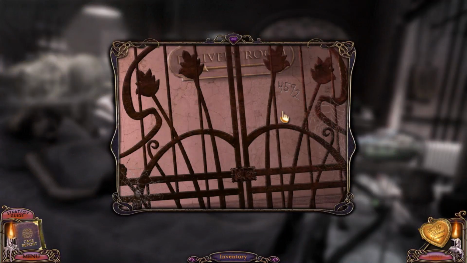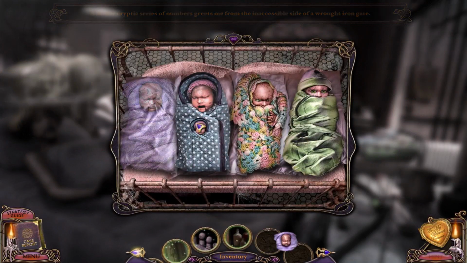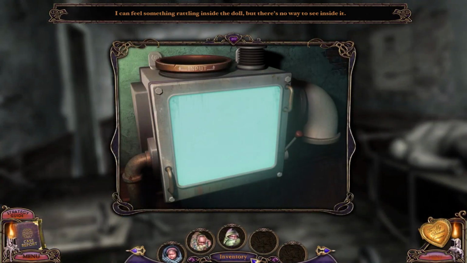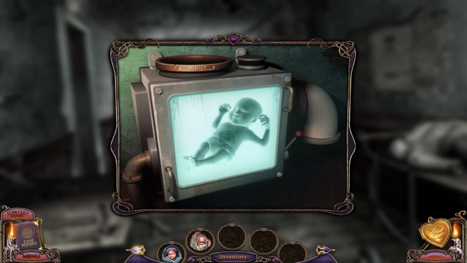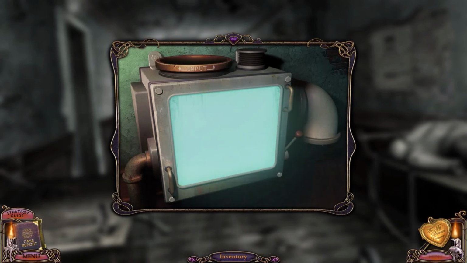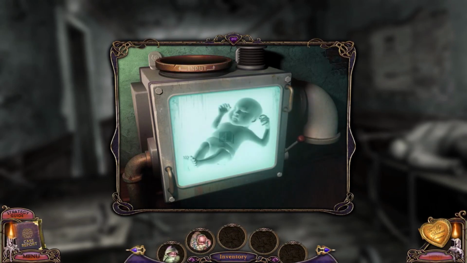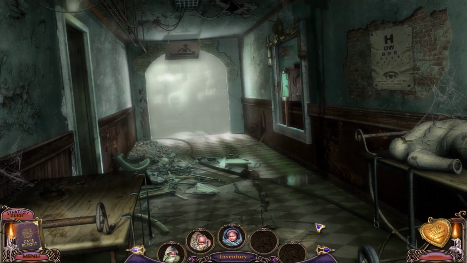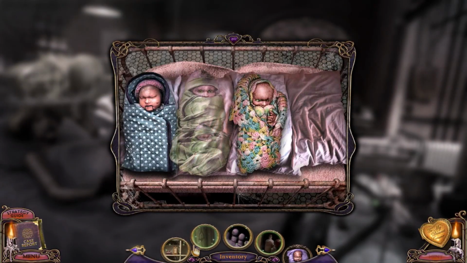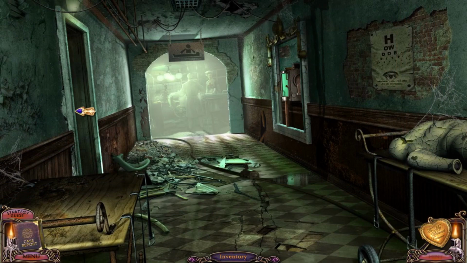But anyway, 4592 is the code there. And there's 4 babies. So here you used X-ray on them. 5, so green second. 9, so the multicolored is third. Blue, so the blue one's first. So 4, 9, 5, 2. And then we can go in, but first, because we got...